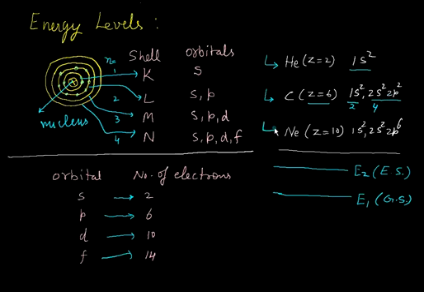Next is the example of neon, which has Z equal to 10 atomic number. So 2 electrons are in the first cell in the s orbital and 8 electrons in the second cell in the s and p orbitals, 2 and 6 electrons respectively. So these are very simple points about the atomic structure, in which one knows about the cell and orbitals and the number of electrons in those orbitals, and further the electronic configuration.